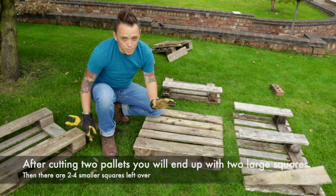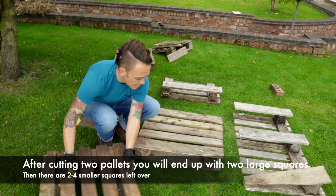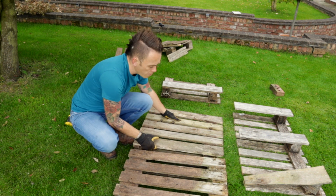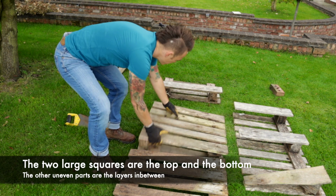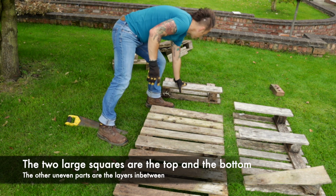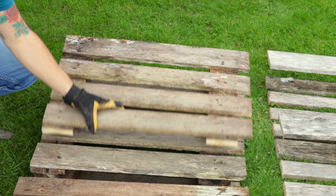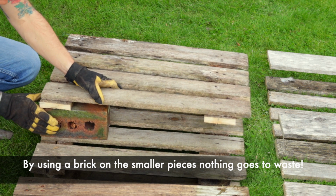So I've finished cutting the 2 pallets, and you should end up with 2 pieces that are the same, like these. One of them is the base, and then one of them is going to end up as the roof. Now they are slightly bigger than the other offcuts. Pieces like this can sit inside, and by using a brick under each of the loose ends, you can then